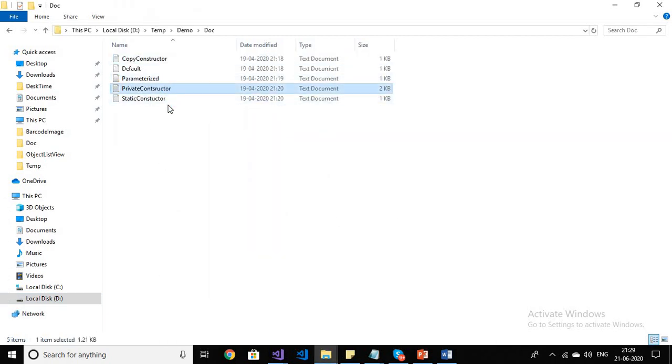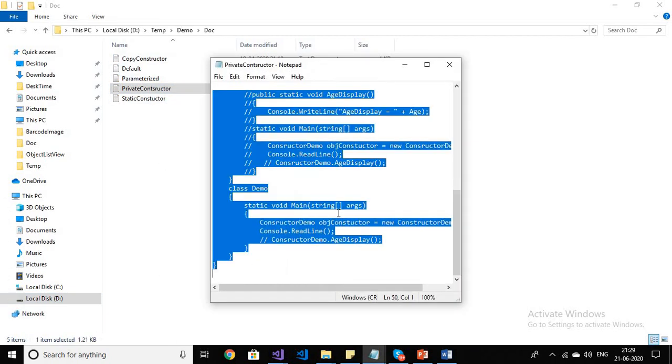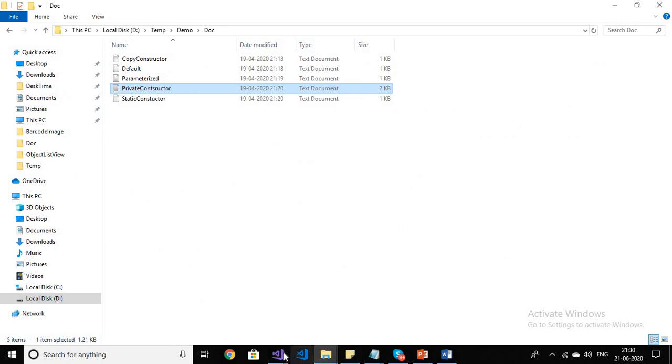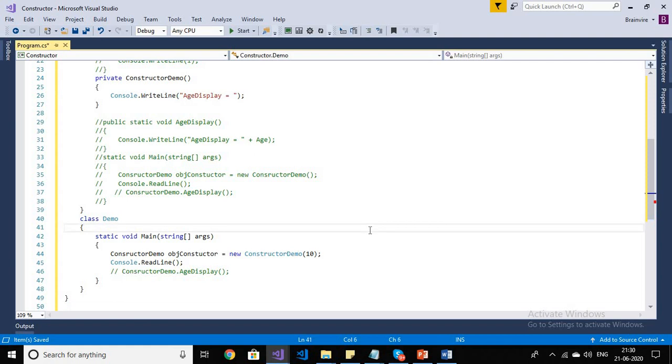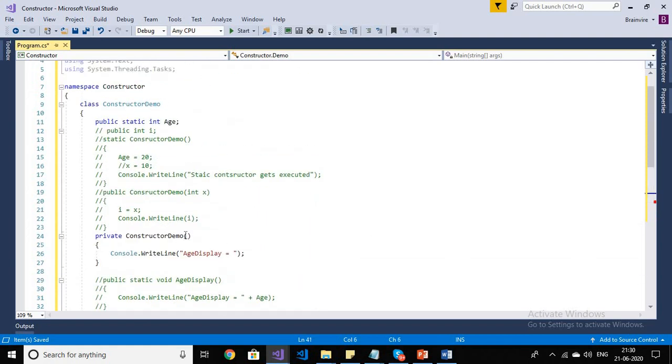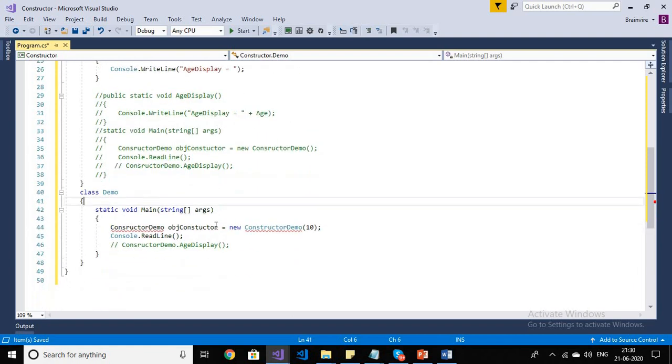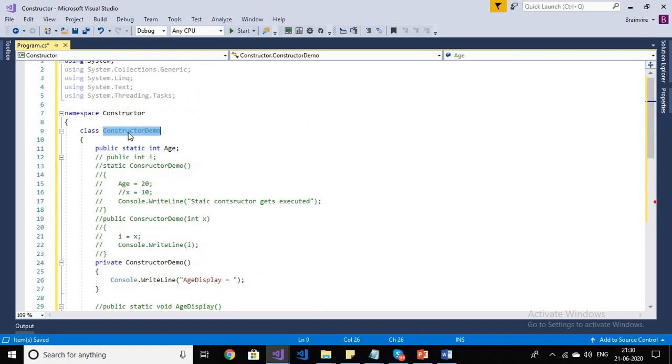Here is my private constructor. Here, as the name suggests, I have commented out all the other things, and this is the constructor demo.